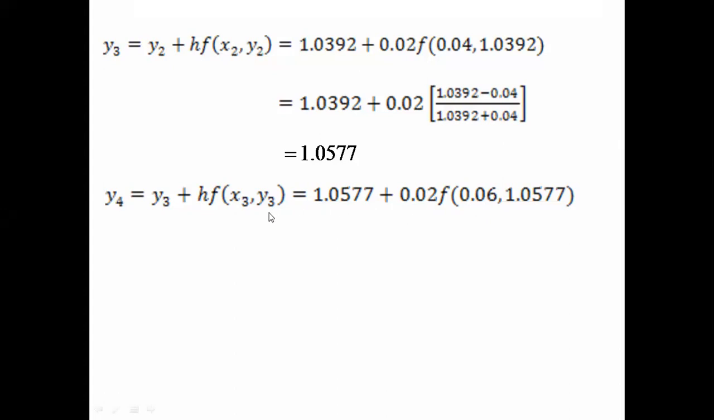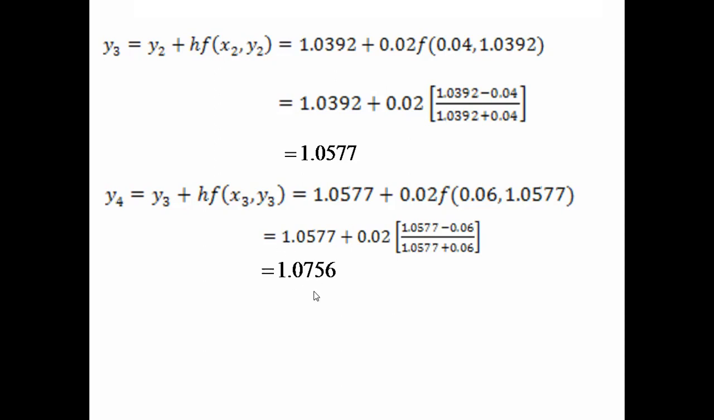f of this x3 means here 0.06, comma y3 means here the value written. Now just calculation work. This value is as itself plus 0.02. In this problem, again, f of x comma y is related like this: y minus x divided by y plus x. So it is y, it is x. Simplify. Take your own time and simplify this value. And you may see that this answer is 1.0756. So this is the solution for this differential equation at